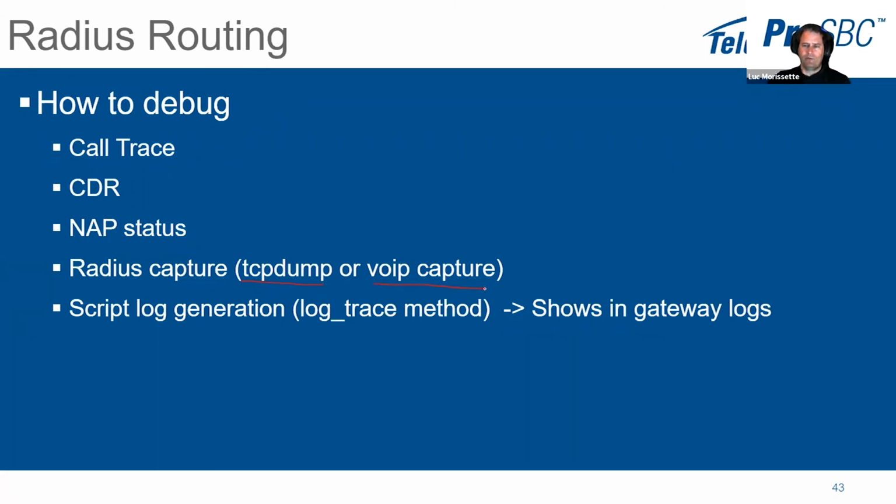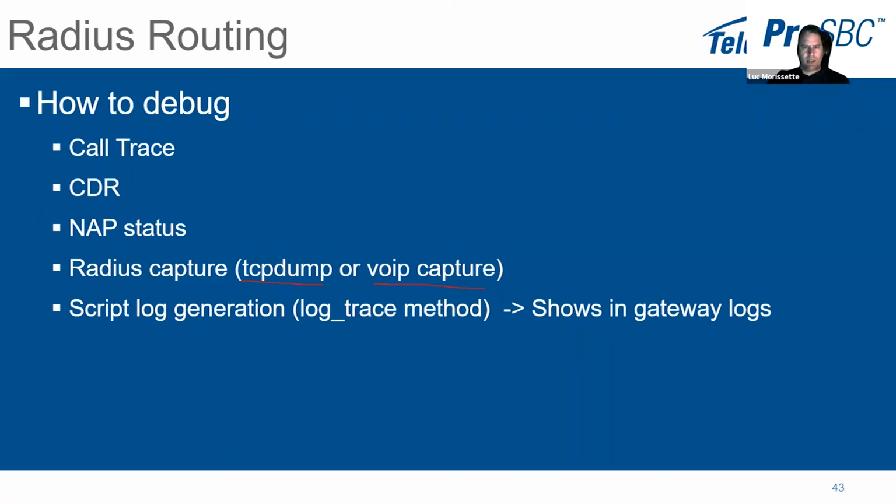then you need to do a VoIP capture using TB router. And again, I showed you this yesterday. You select TB router, you press P to do the packet capture, and you will see not only the SIP and RTP traffic, but you will also see the radius traffic in there. It's very simple to filter out